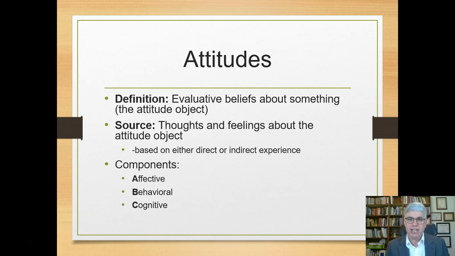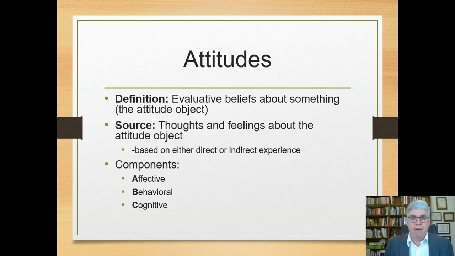It's kind of like there's three components. There's the affective component, that's affect meaning feelings, and then the C is cognitive, that means cognition, thoughts. So there's the thoughts and feelings, but attitudes are also closely related to behavior, because what I think and feel will influence what I do. So my attitudes will influence my behavior. Now, it goes the other direction as well. My behavior can influence my thoughts and feelings and my attitudes.